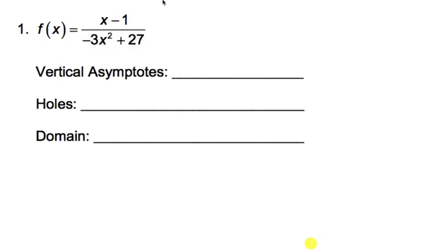Attention. So number 1, if you're doing this one and I ask you to find the horizontal asymptotes, what are you looking at on number 1 for horizontal asymptotes? The top degree. What is the top exponent? 1. It has a variable, so the exponent is 1. What's the bottom degree? 2. So if the degree on bottom is bigger,